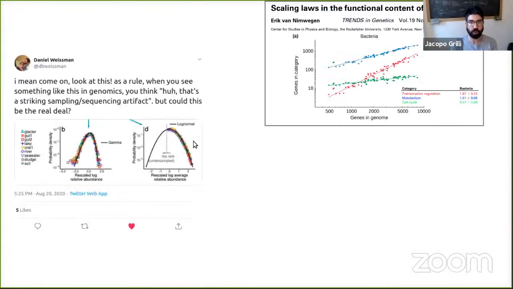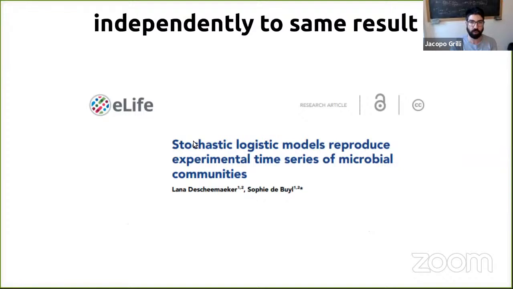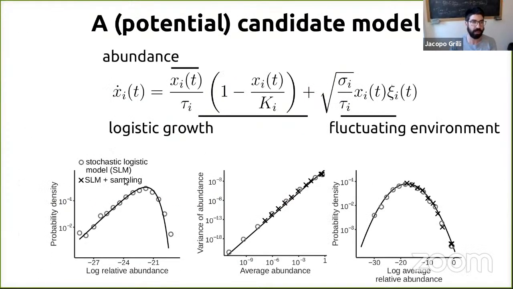Okay, so in general, if you want to reproduce any stationary distribution, so if you are just interested in this pattern, you can write infinite models. Actually, you can write all the models that reproduce a given stationary distribution, and what you have to tune is the deterministic term with the multiplicative noise. So if you give me a deterministic term, I can give you the multiplicative noise that corresponds to this. So in general, there are infinitely many models that reproduce this pattern here.